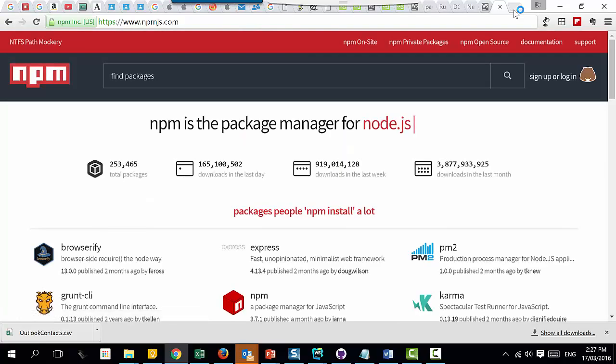There are only 253,000 modules that you can download. And not very popular, only almost 4 billion downloads last month. So it shows you how popular this is. Okay? Now, to make it easy to download modules from this